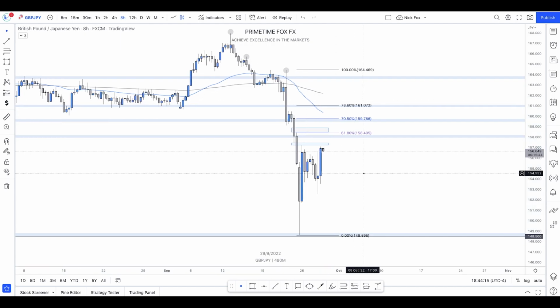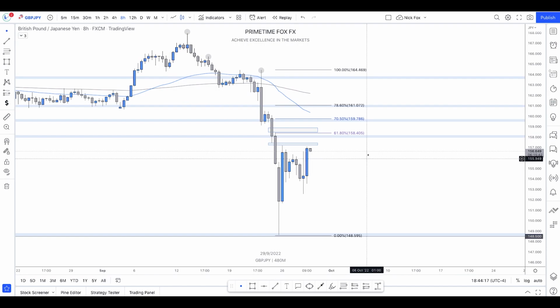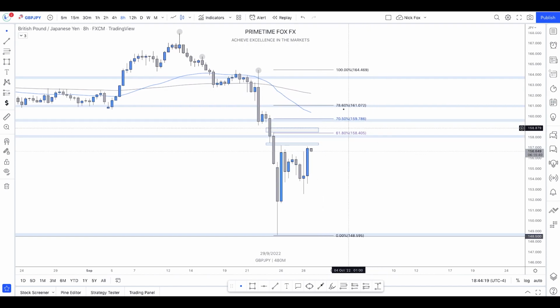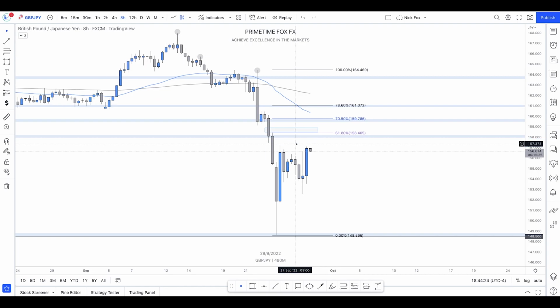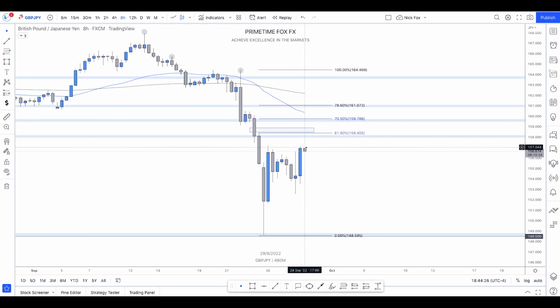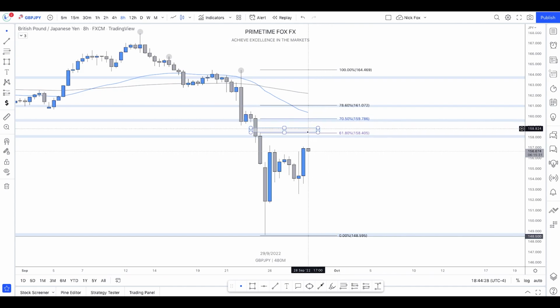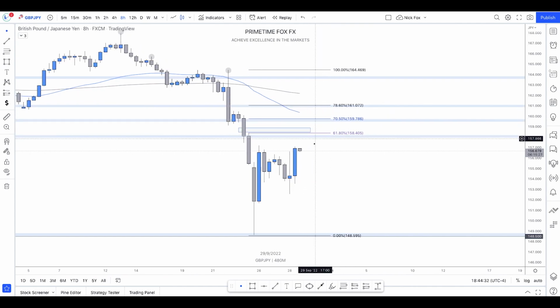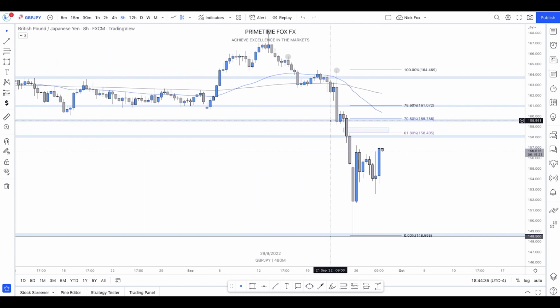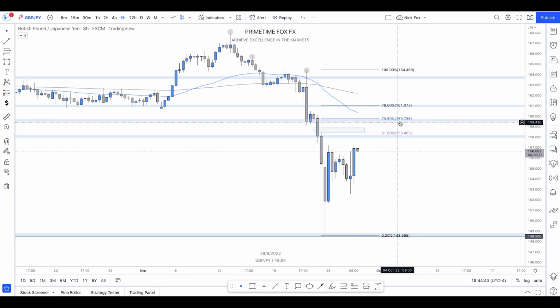So what I'm going to currently do right now is build confluences around this specific area. So we're going to wait for price to fill this inefficiency area, but where there are more confluences is going to be around this specific premium area to sell. So what I would be looking for is price to perhaps pull into my daily market zone right here, plotted on the daily time frame, matching that up on top of a